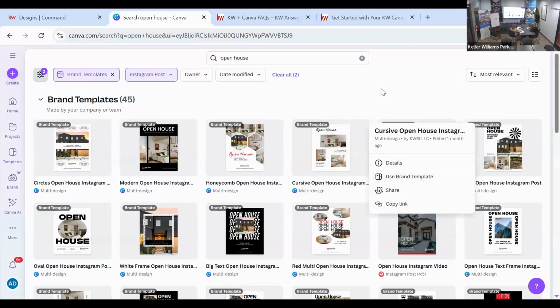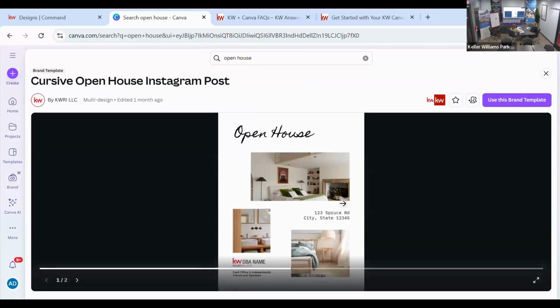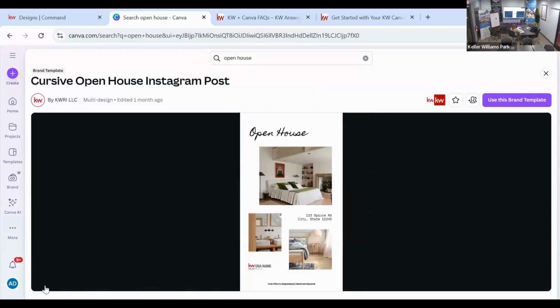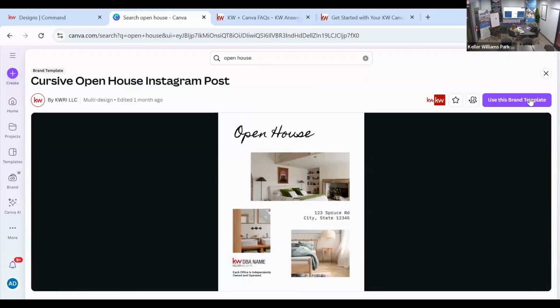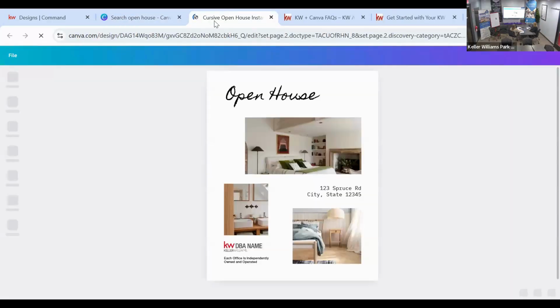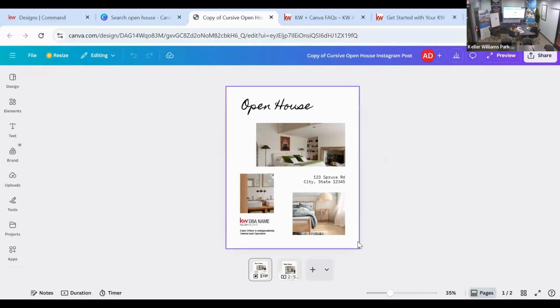I'm going to click on the design so I can get a better look at it. This one is actually giving me either two different sizes or two different pages. Very just a nice template. And so then I'm going to click on use this brand template. What this will do is open up a new window, and now you have the ability to fully edit your